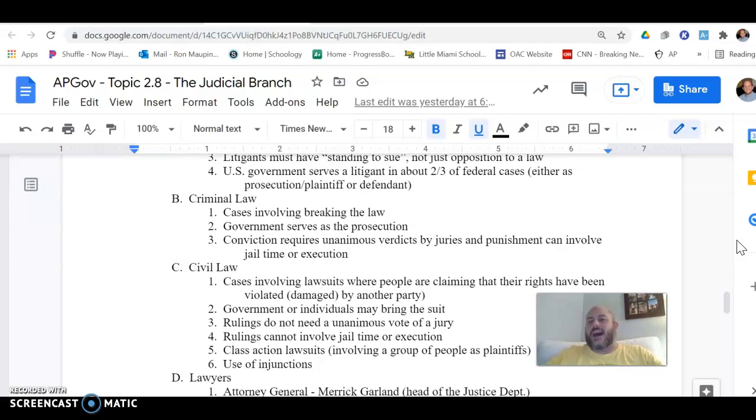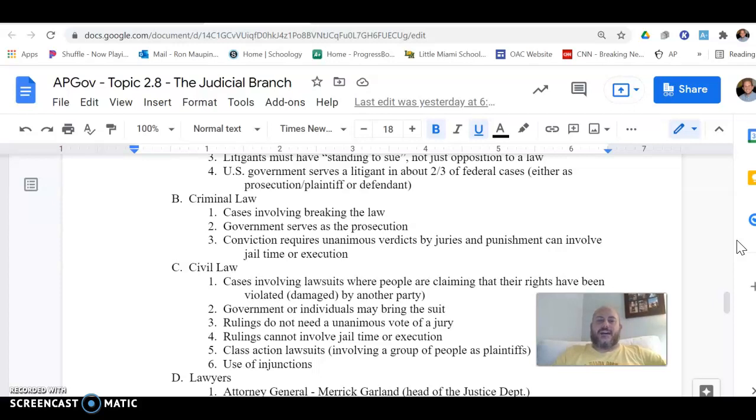As the name implies, criminal law is focused in on cases where somebody or something has been accused of breaking the law, meaning that there's an assumed violation of some sort of the legal code, something that is written, something that is down in writing, be it U.S. code or Ohio Revised Code, something along those lines.